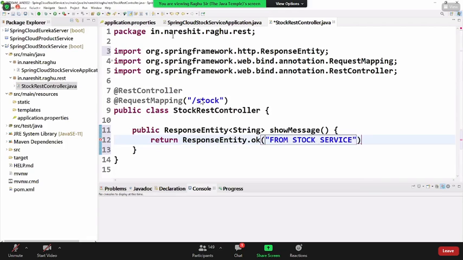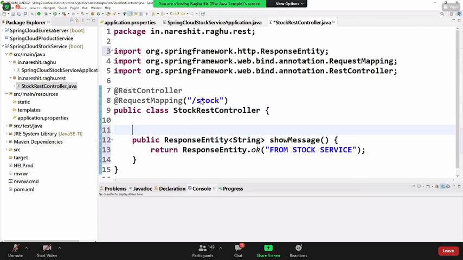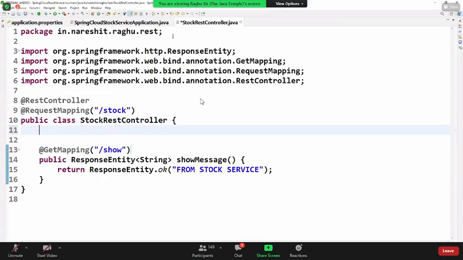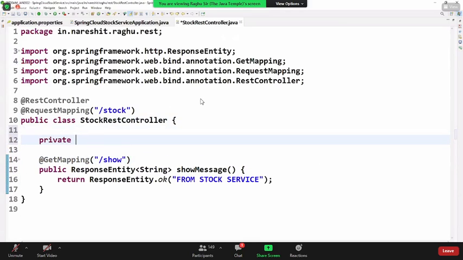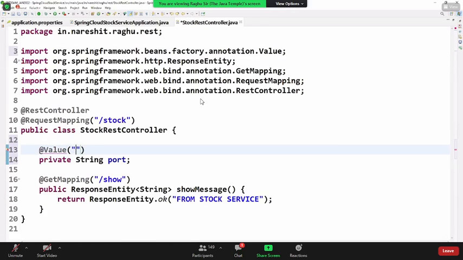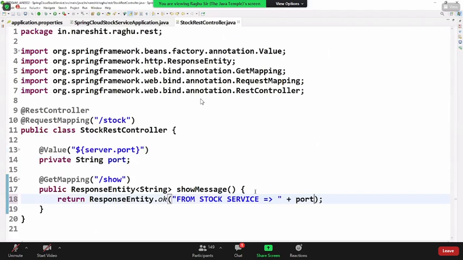I'll be running multiple instances by changing the port number, just for confirmation of which instance the output is coming from. Actually it is not required; it is just to have clarity that it is doing load balancing.